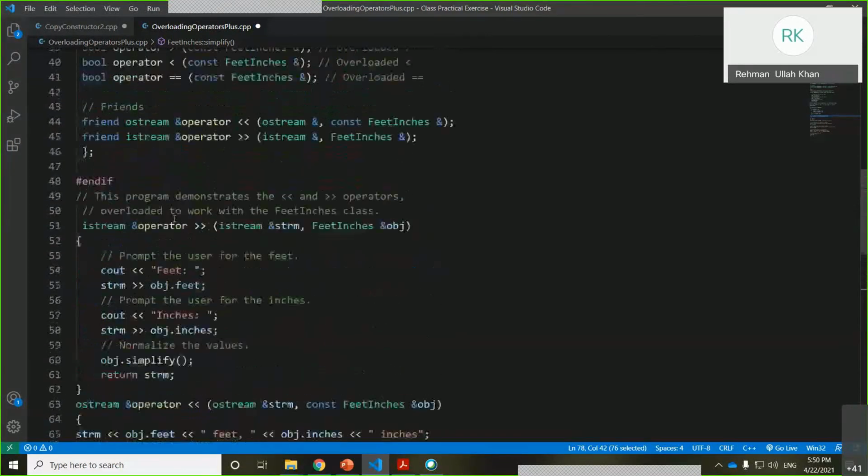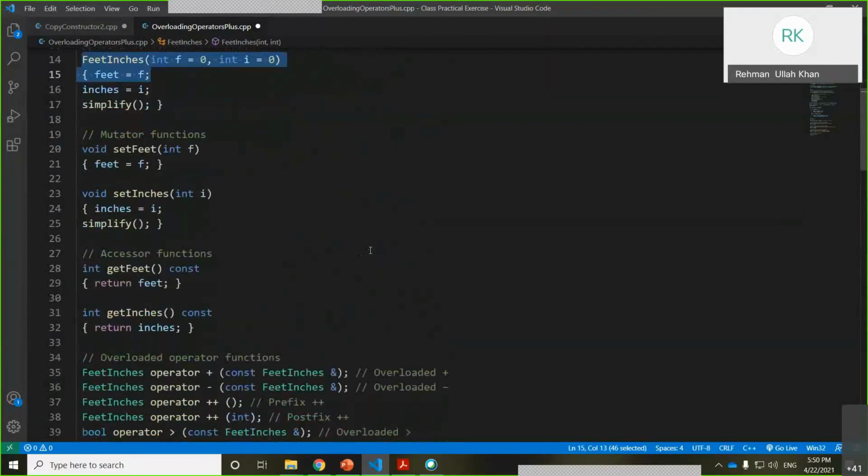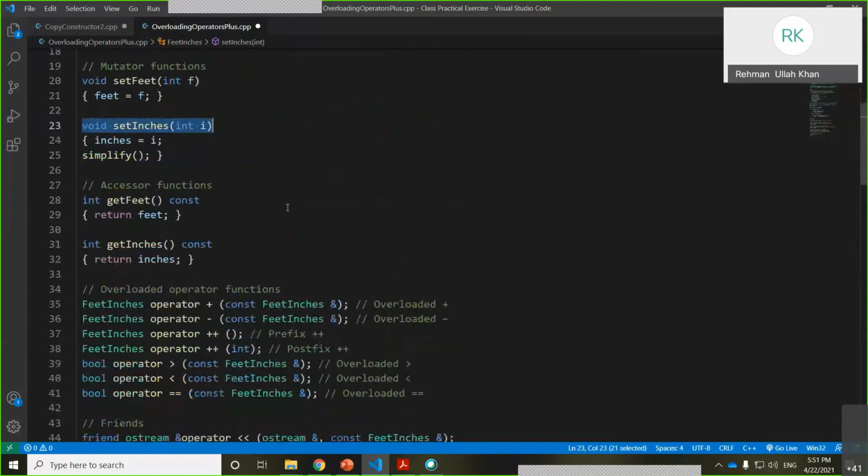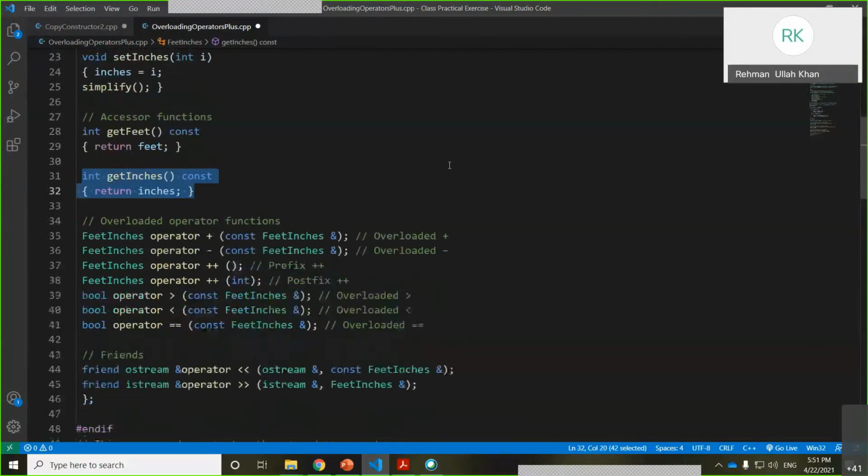After that we have a constructor, a normal constructor. This one is a mutator function: set feet, set inches, a very simple one. Then get feet and get inches, very simple ones.